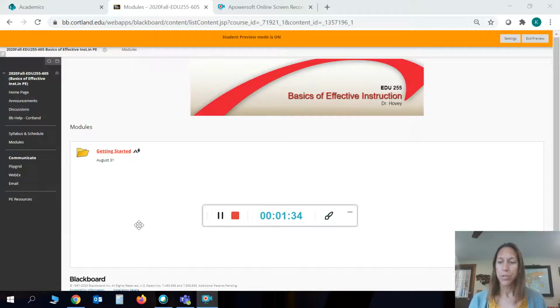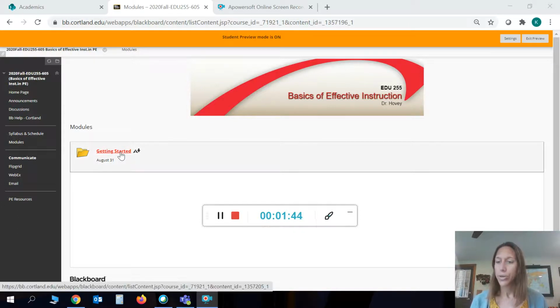This is Blackboard, so I'm just going to show you around Blackboard a little bit. This is the student mode, so this is what you're going to see when you first go into Blackboard. Just the title, and then I have a Getting Started folder, which is all you're going to see right now. Shortly, I will have another folder up. Once I get out of Student View, I'll show you what that's going to look like and give you a little bit more instruction. So when you first come in, you're going to click on the Getting Started,